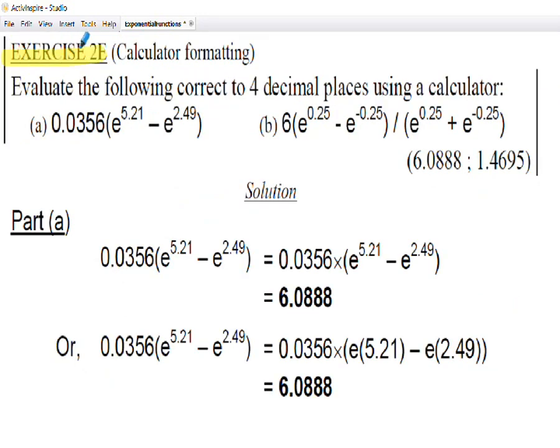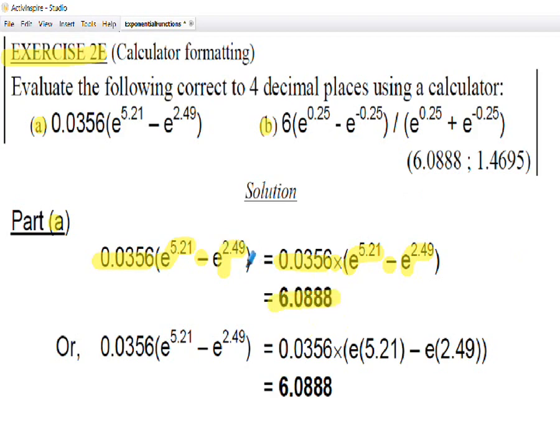Exercise 2e here, we're using the calculators again to evaluate the parts A and B of this exercise. So part A, we're asked to evaluate 0.0356 multiplied by, in brackets, e to the 5.21 take away e to the 2.49. So on most modern calculators you will type in 0.0356. Some calculators need the times and some don't. I put a times in here and open a bracket, and you'll put e to the 5.21 take away e to the 2.49. And you can normally write it as it's typed there on the screen. That should give you